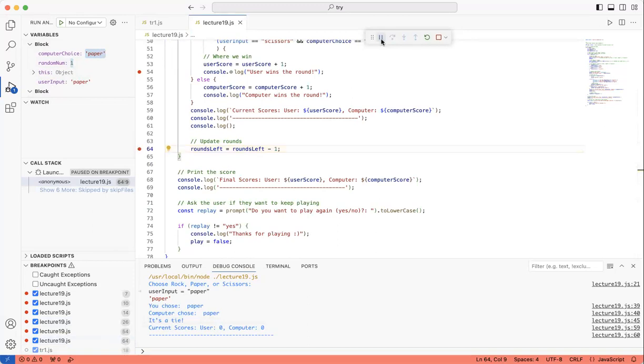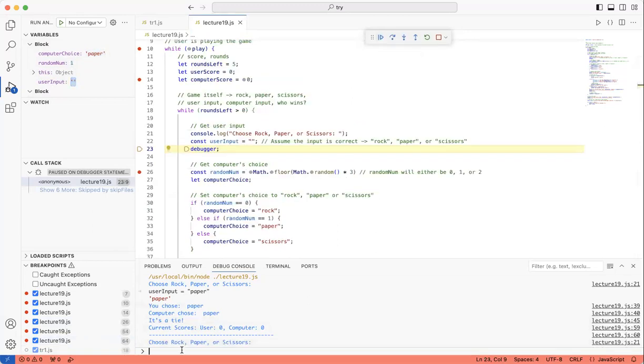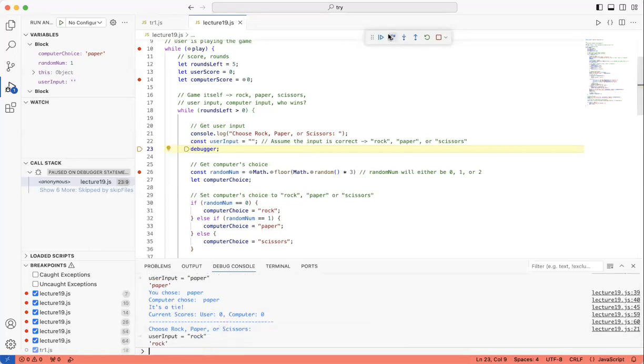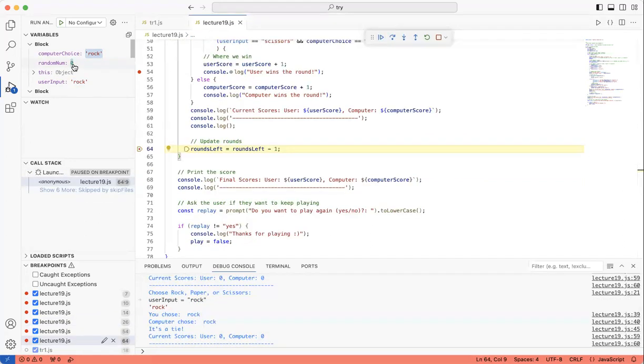Let's continue again. We have to send in an input. So let's go for user input. Guys, are you with me so far? Questions? Confusions? Okay. So now let's put in the user input as rock. I put in the user input as rock. Let's continue again. Since I put a breakpoint, it's going to check what the value for the random number is. So let's run this line. The random number becomes 0.